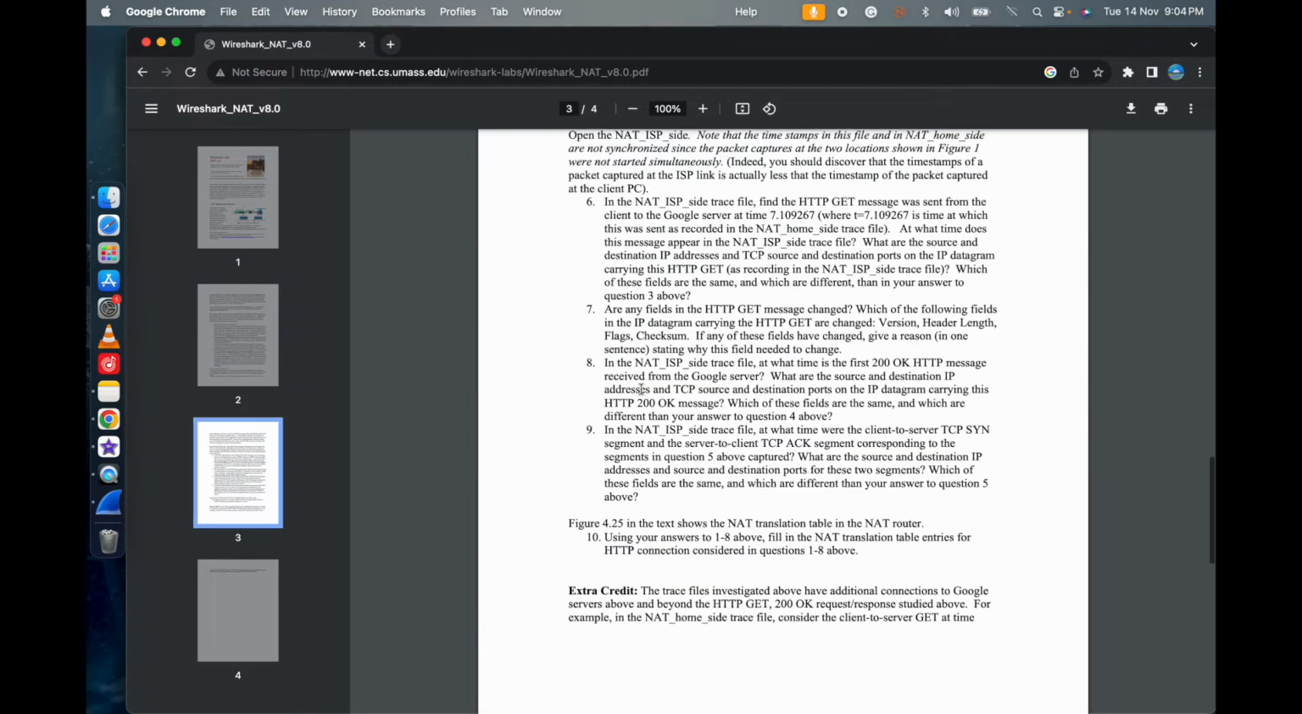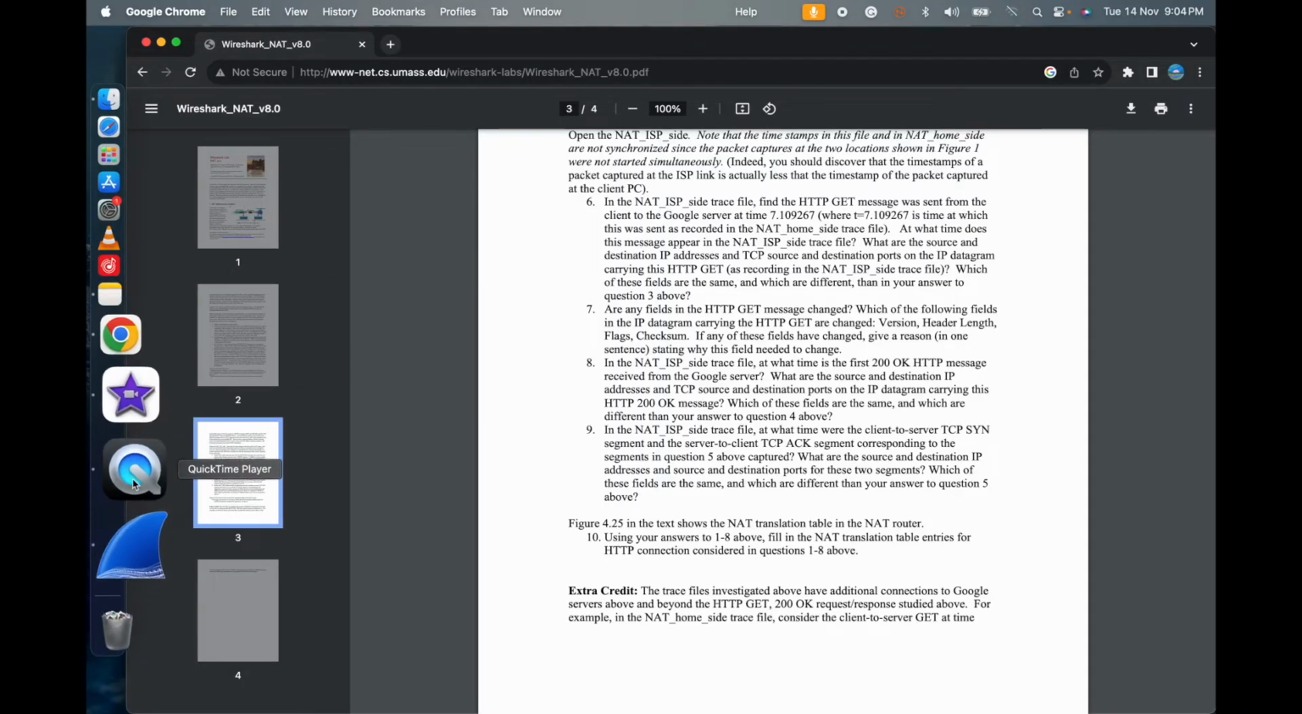So firstly, in the NAT ISP side trace file, find the HTTP GET message and at what time does the message appear in the trace file. Okay, ISP trace file, and what are the source and destination ports. Okay, and which of these fields are the same and which are different to fields in question 3 above. Okay, so